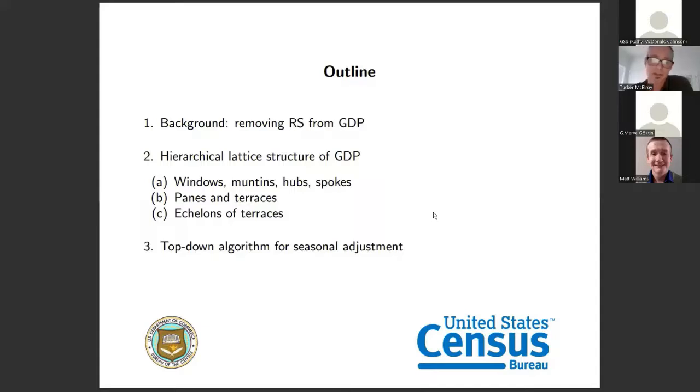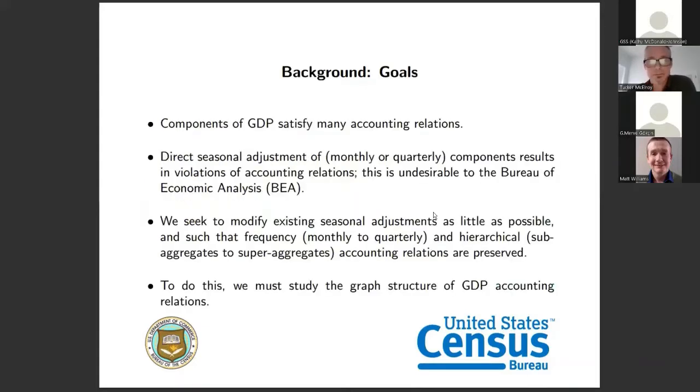But the end goal, however, is to produce adequate seasonal adjustments for all components such that at the end of doing this indirect procedure, you have the accounting relations preserved. Okay, so the background is that we have all these accounting relations in place. Direct SA can result in violation of those accounting relations. So the basic idea is to modify existing seasonal adjustments as little as possible, such that the frequency and hierarchical